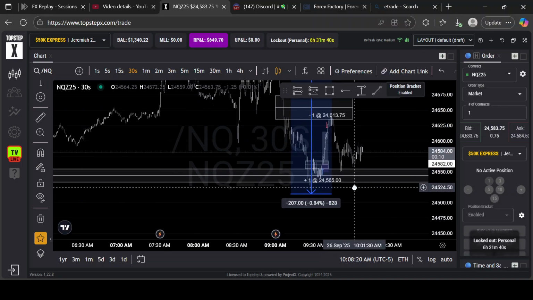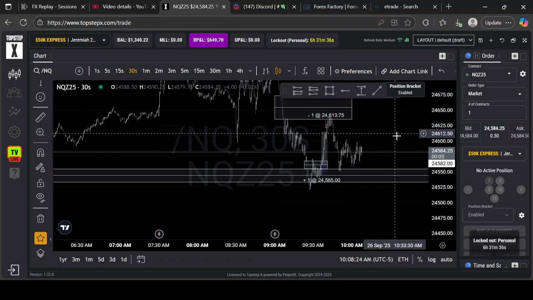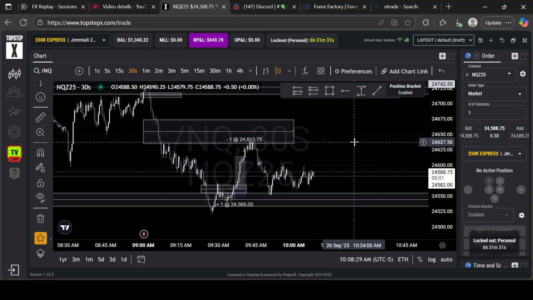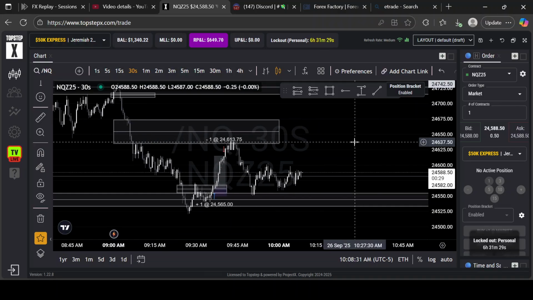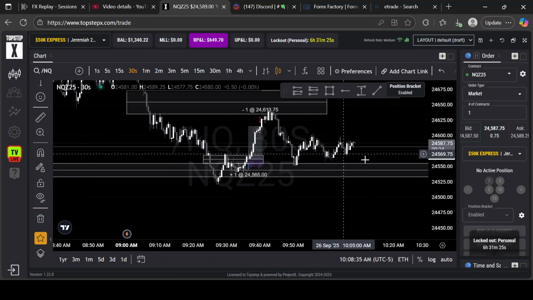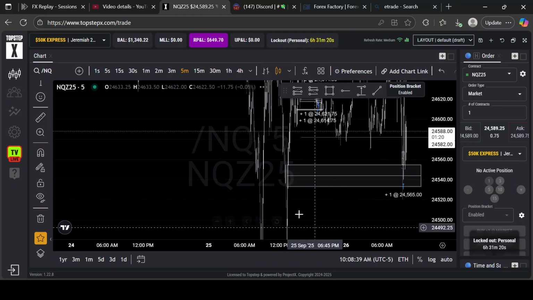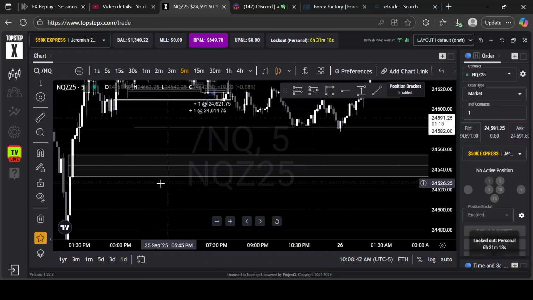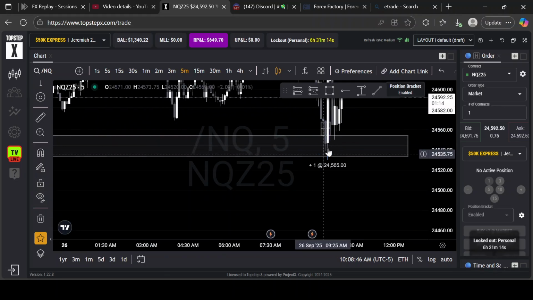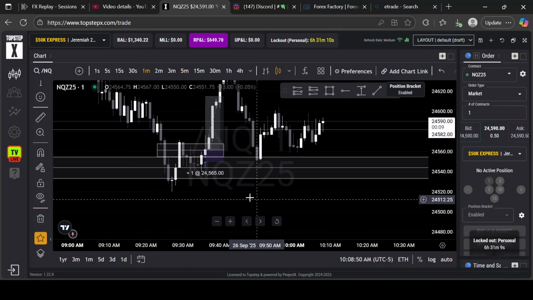No, it did dump 200 points, which is insane. But nothing new for New York. It's just I'm not very used to these huge movements. As you know, Asia only moves about 20 points, so it's pretty crazy. And then I seen it tapped into a 5 minute gap right here. You can see the gap right there. See it tapped into it, and it was respecting it a lot. So I knew that there had to be a reversal.